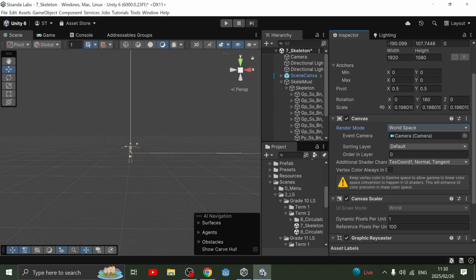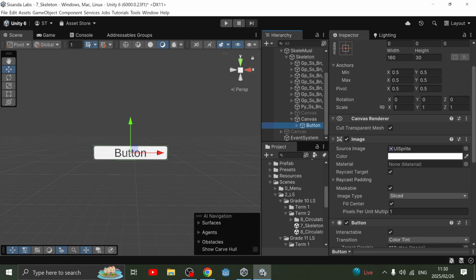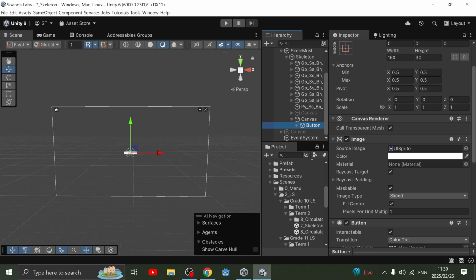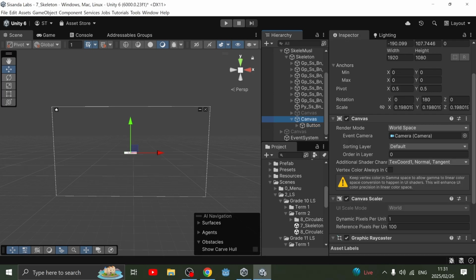Once we have this, you now have to find this button. Where is this button sitting? You see this button, it's way big and it's way far. So the easiest way to move it there in the object, because the object is sitting here, right? So we need to get this button closer to the model. So how do we do that? You have to select the canvas, right? And you change the arrow into a scale mode, and you scale the canvas together with that button to be